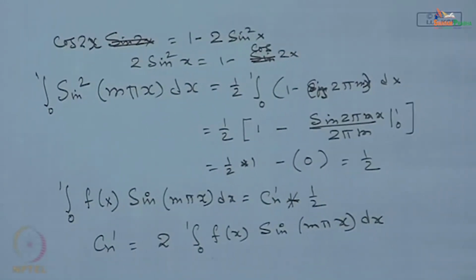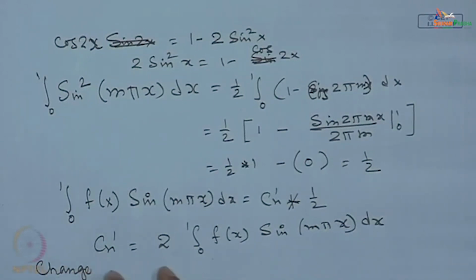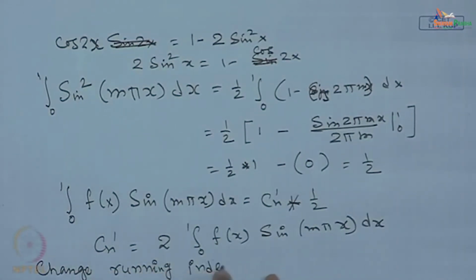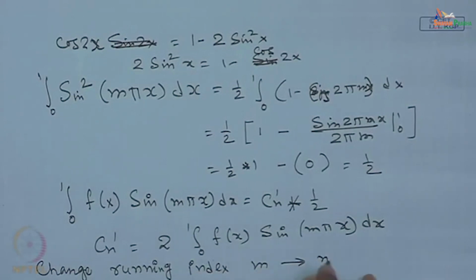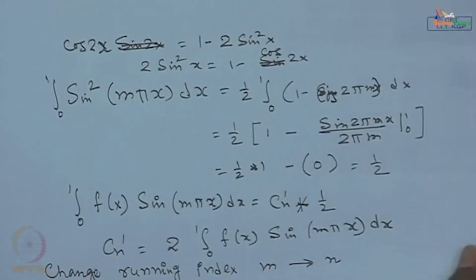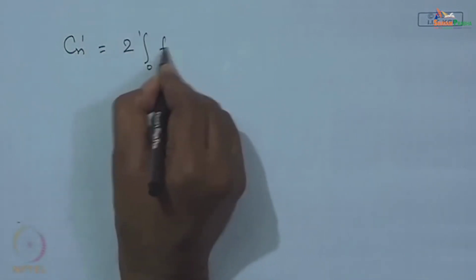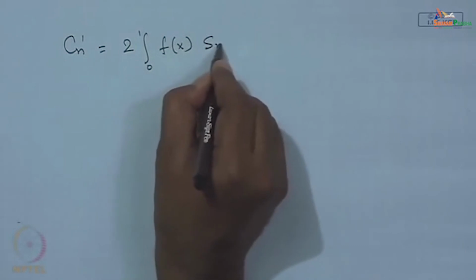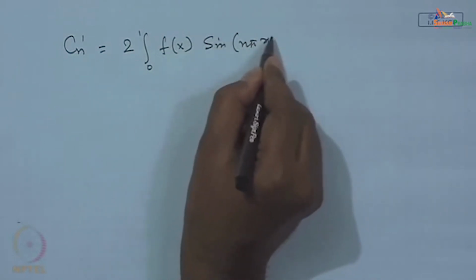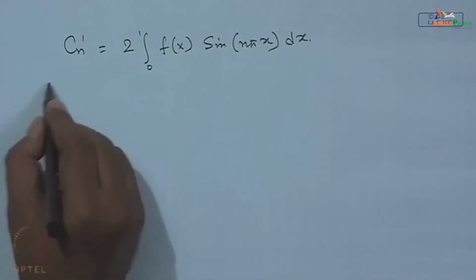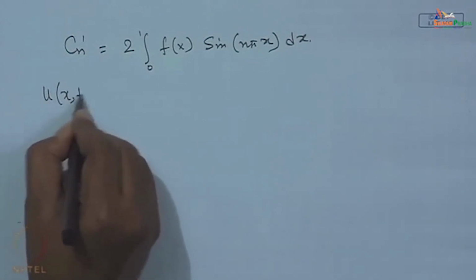We change the running variable, the running index, from m to n. So, we will be getting C n prime in terms of n. C n prime is nothing but 2 times the integral from 0 to 1 of f of x sin n pi x dx. So, that gives me the complete solution that u as a function of x and t